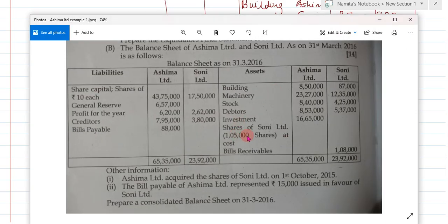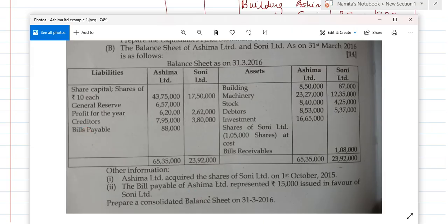We cannot take investment because this value we have already considered in the calculation of cost of control. So leave this. Next is what? Bills receivable. Now see, on bills receivable and bills payable we have adjustment. This adjustment is nothing but the intercompany owing. Okay, that is bills payable of Anshima Limited represented 15,000 issued in favor of Sony Limited. That means this 15,000 we will reduce from bills receivable as well as from bills payable, and this adjustment is